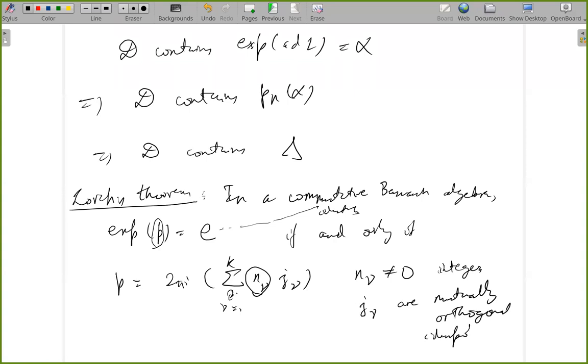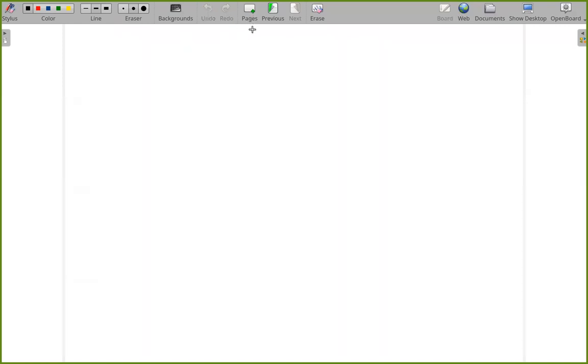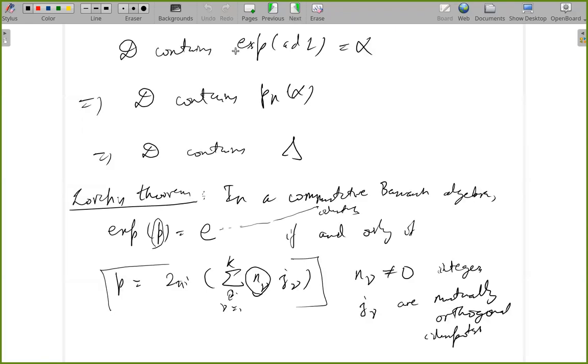So effectively, these are things which have spectrum 0 or 1. So effectively, N nu times this is like things which are taking value N nu or 0. So at a given vector, you are able to make so many choices of when to choose e to the 2 pi I, where to choose e to the 4 pi I, but that's all. So this theorem is telling you the logarithm of 1 has a very nice, simple description using mutually orthogonal idempotents. Okay, so we're going to assume this